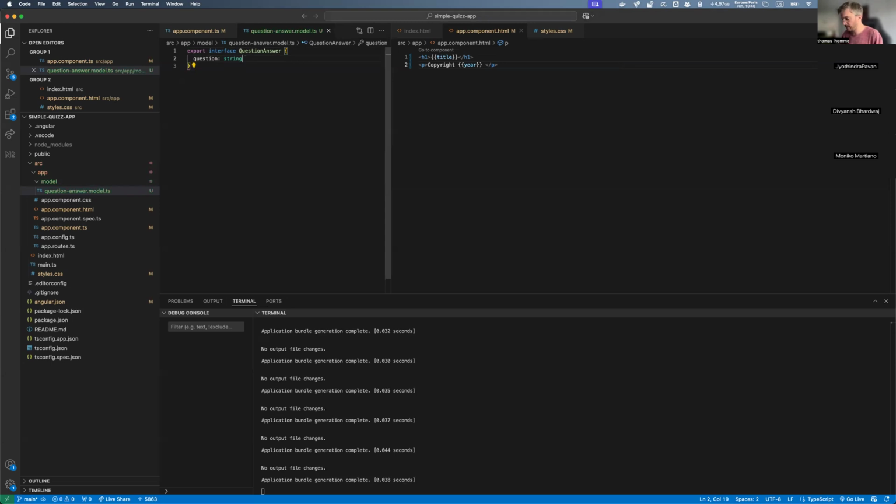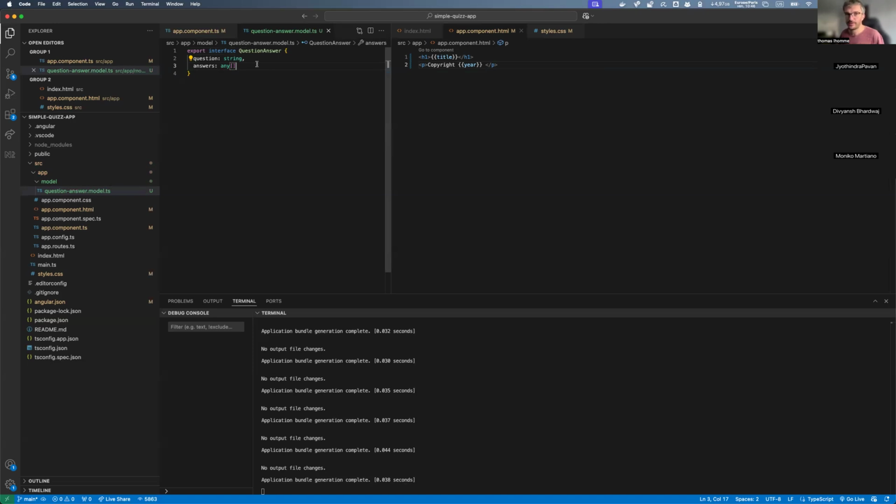So I have to define my type here. Okay, the answers will be an array. Okay, but the thing is that here I'm saying answers will be an empty array. It's not really what I want. I want to say the answers will be an array of any type, because I can have answers of type number 1, 2, 3, 4, but I can also put strings, I can put whatever I want, right? So I'm going to say it can be any type here, okay?